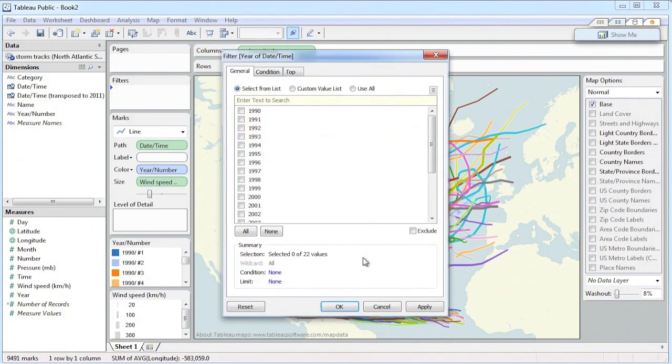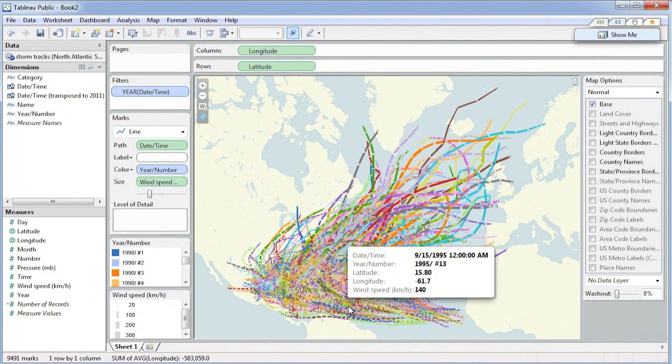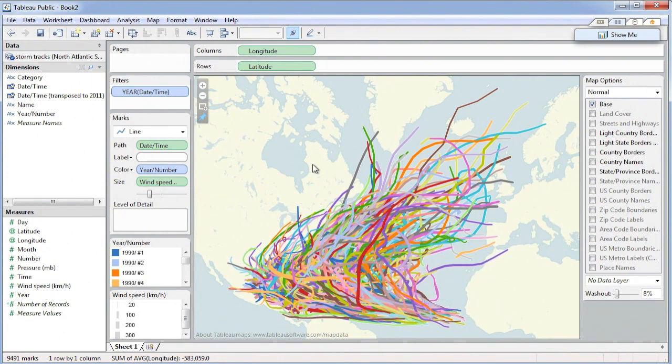Go to next, select all here, click OK, and the year of date and time is now in the filters shelf. Now it looks as if nothing much has happened, but that's because we haven't added the filter. So go to here,